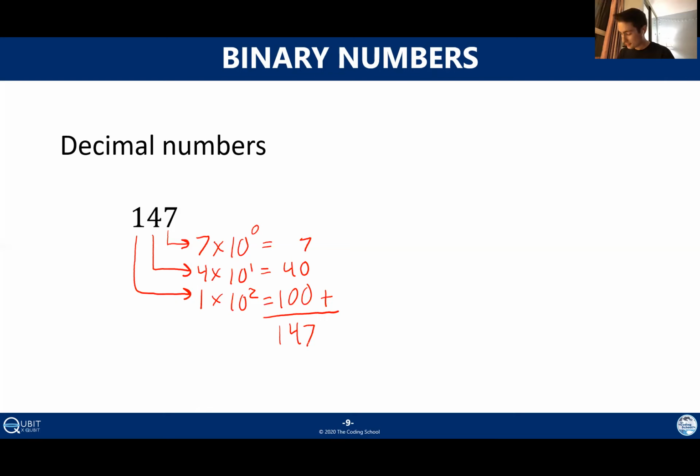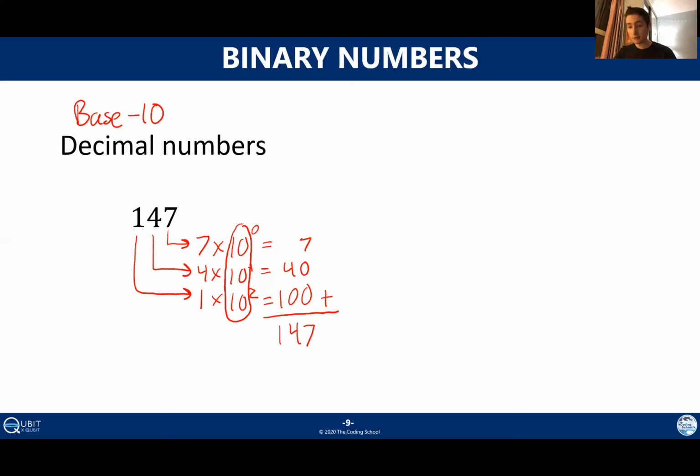Now, this might seem like a lot of work to go through just to write the number 147, but in reality, this is what's represented every time you write any number ever, right? So every time you write numbers in math class, this is what's really represented. And we call these decimals, or equivalently, you might hear people call them base 10 numbers. And the reason they're called base 10 is because of the number in this column right here. Notice how everything that we're doing is being multiplied by a power of 10.